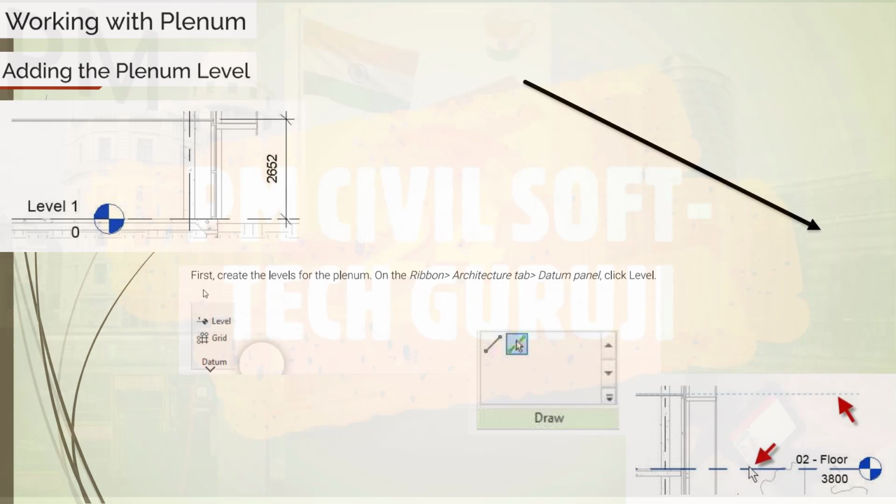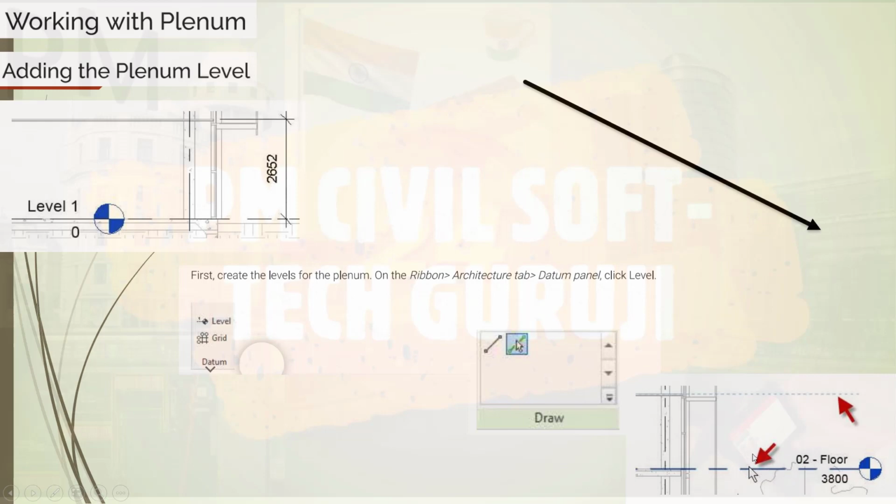On the ribbon, select the Architecture tab, select the Datum panel and click on Level, as shown in the figure. Select the Pick Line tool in the Draw panel. Slowly move your pointer above the existing floor level.